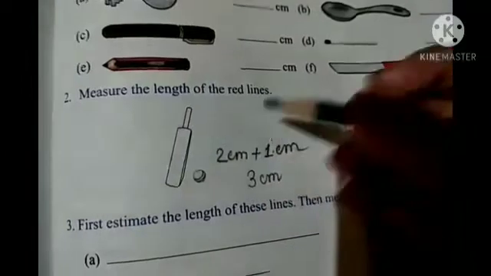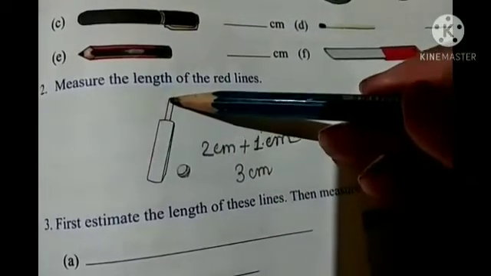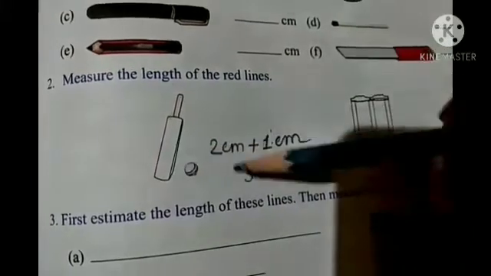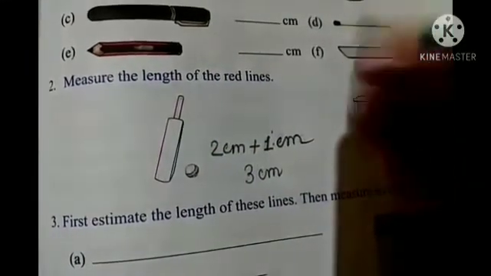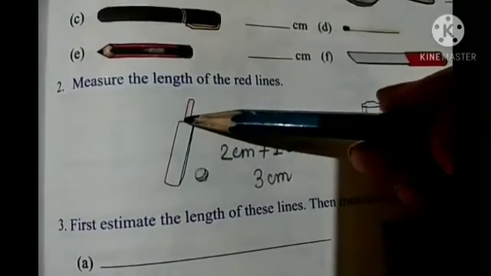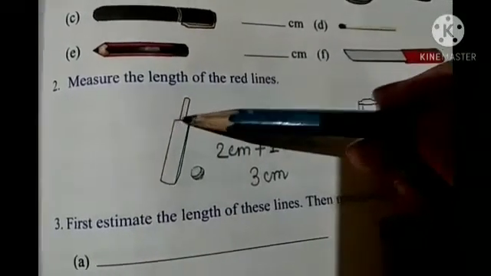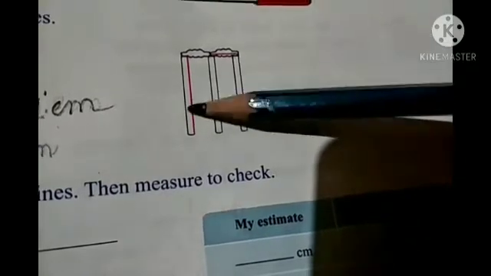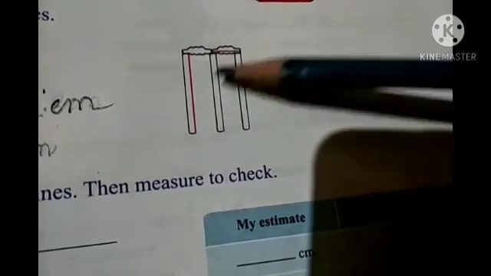And students, actually here I'm not getting exactly 1 centimeter. But as we are doing this by estimating, we are writing the nearest centimeter, so that's why I have written 1. Actually I'm getting here 0.8. So in this way you have to do this one also. From here to here you have to measure, then from here to here, and you have to add the 2 you measure, and then you have to write the final one like me.